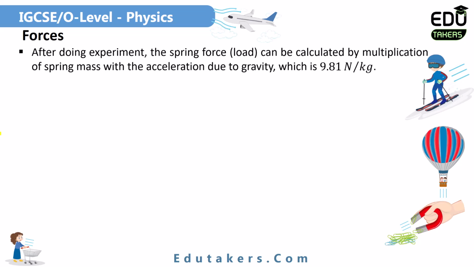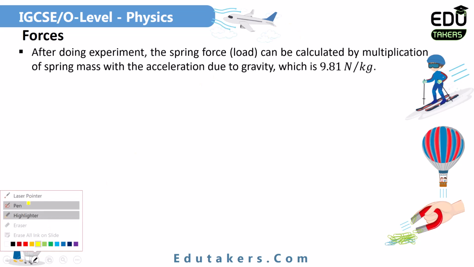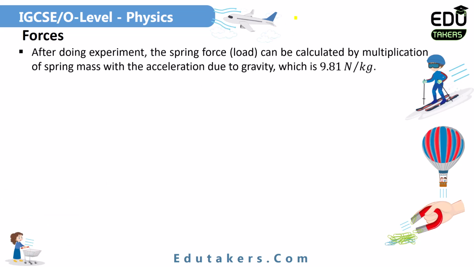When you draw the table of the masses and length, after that basically you actually draw the load extension graph. The load is basically the force, which is F, and this force is basically equal to the weight that you are applying on the spring, so that its length changes. So how you can find this? Just multiply the mass values with the gravitational field strength to find out the load. And this load can also be called the spring force.